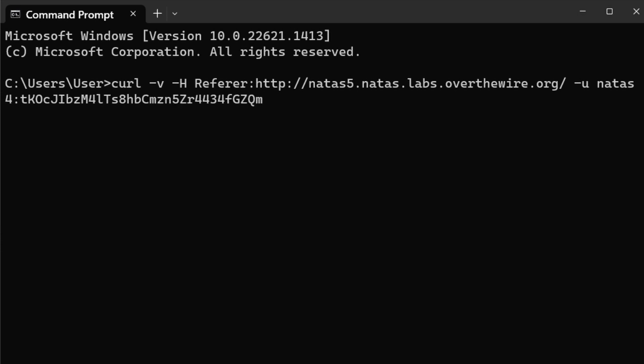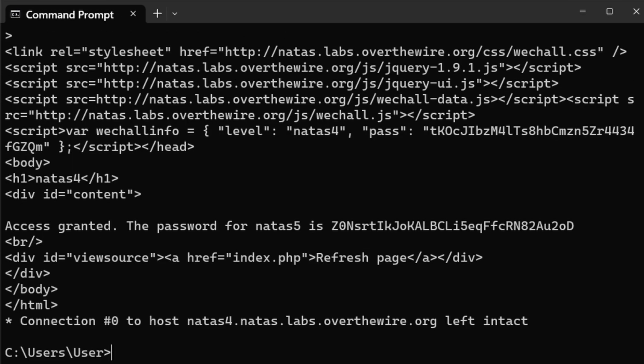After that, http://natas4.natas.labs.overthewire.org. When we run the command, the contents of the Natas 4 webpage are retrieved, but instead of using a